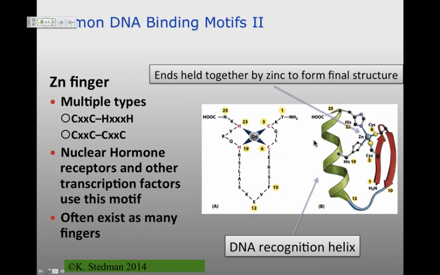There are 2 different kinds of these zinc finger proteins. There's this one, which is 2 cysteines and 2 histidines. Usually these form 2 beta strands and an alpha helix. This is a quick aside. It's a reminder. This is a motif. This generally is not stable by itself. It has to be in the context of a larger domain. So it's one of these sequences that gives you a particular function. Again, this is DNA binding.